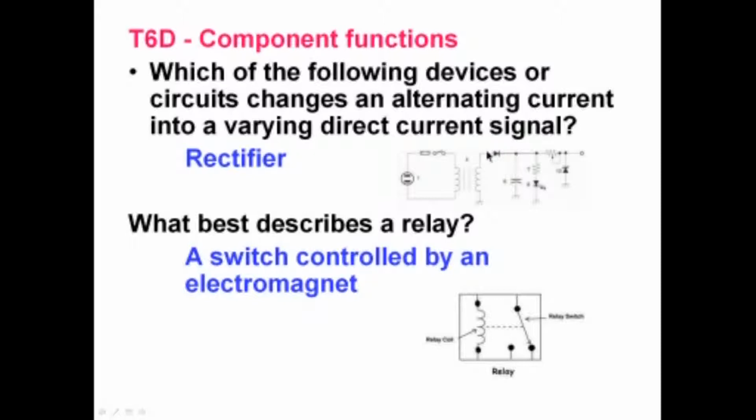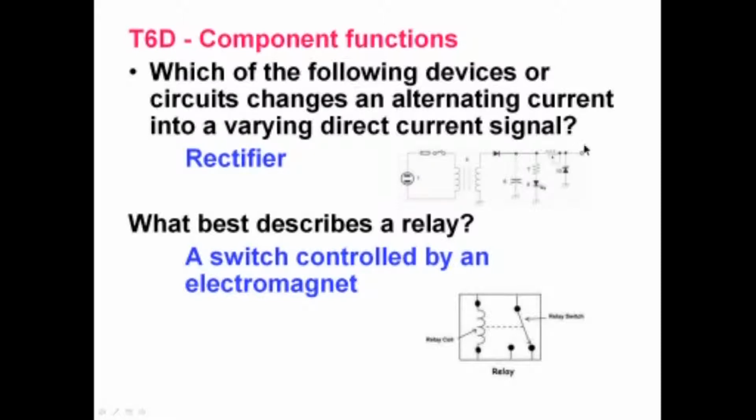Now remember, a diode allows electrons to pass in only one direction. So here we're going to have electrons that are going back and forth, changing direction. We get over here and we no longer have electrons doing the backwards direction. They're all going one way. Okay, so this diode is also called a rectifier, and it changes the alternating current into a varying direct current